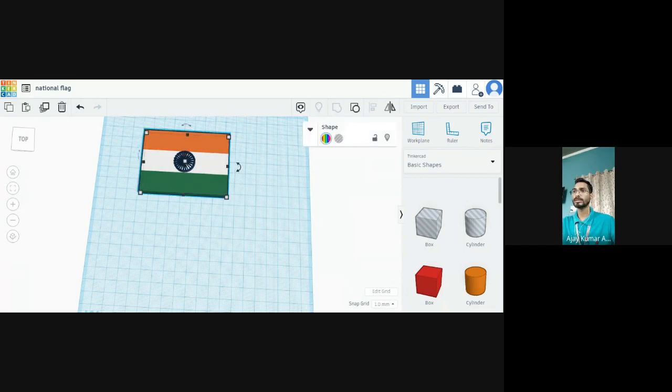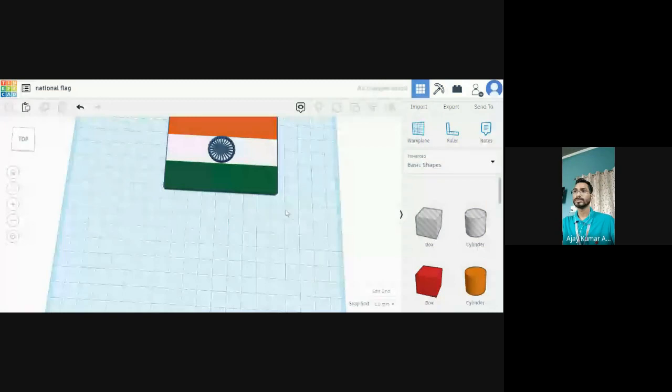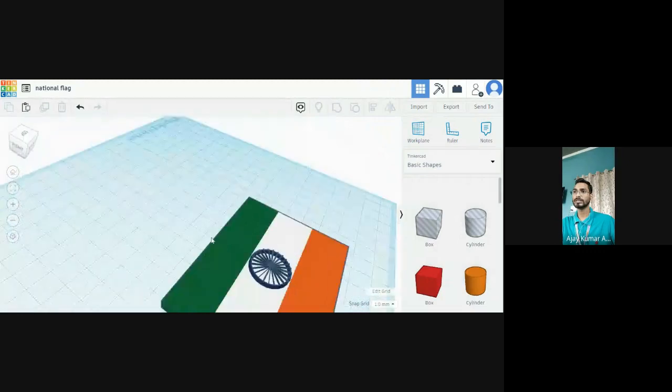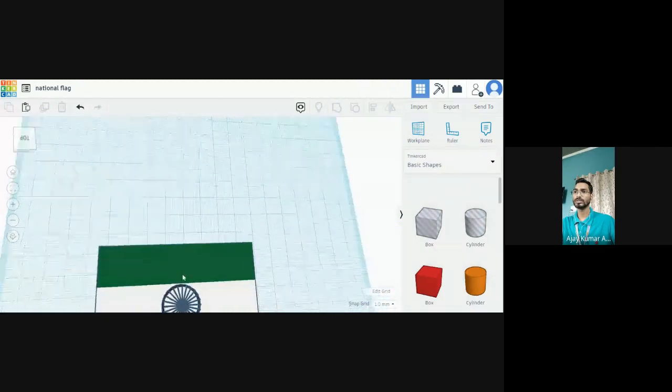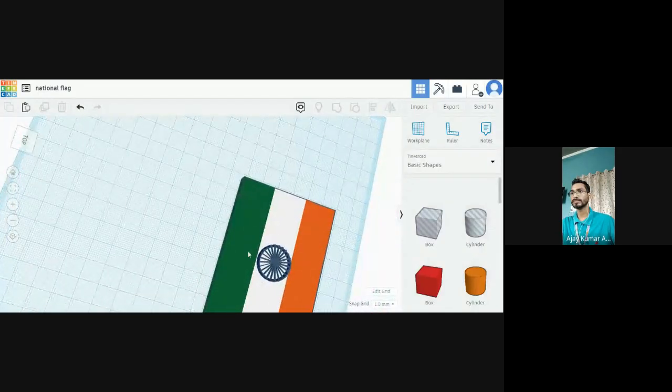Now you can drag the whole figure like this. So this is the flag part. This bluish one is the shadow दिखाई दे रही है, इसीलिए थोड़ा सा like this. You can just see closer to it like this.